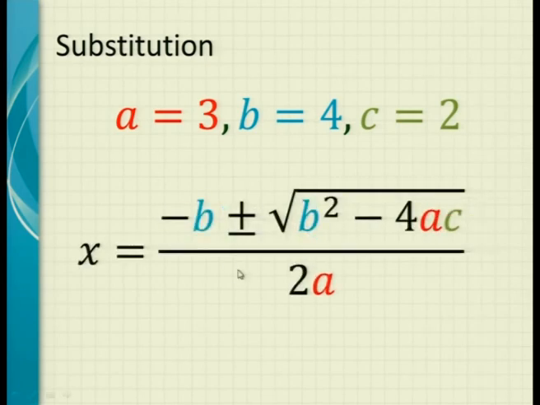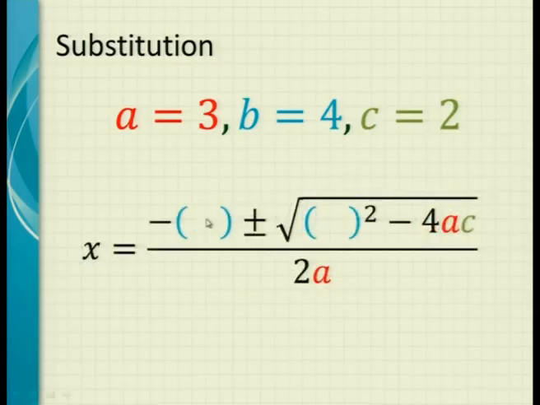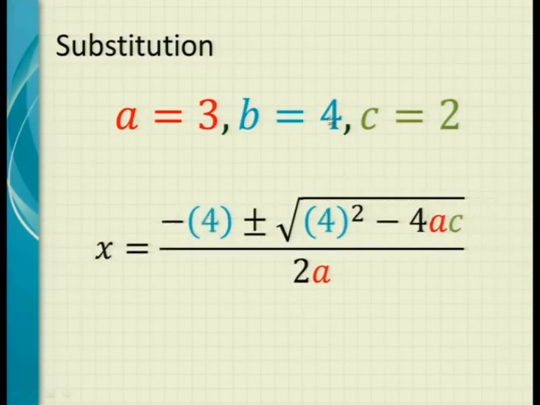Let me go back and show you carefully. Do you see I didn't change anything else? Look carefully: the minus, the plus minus, the square root sign, the square there, everything remains the same. Instead of the B, I just wrote the brackets in there. And then we put the value of B inside the bracket, which is 4.